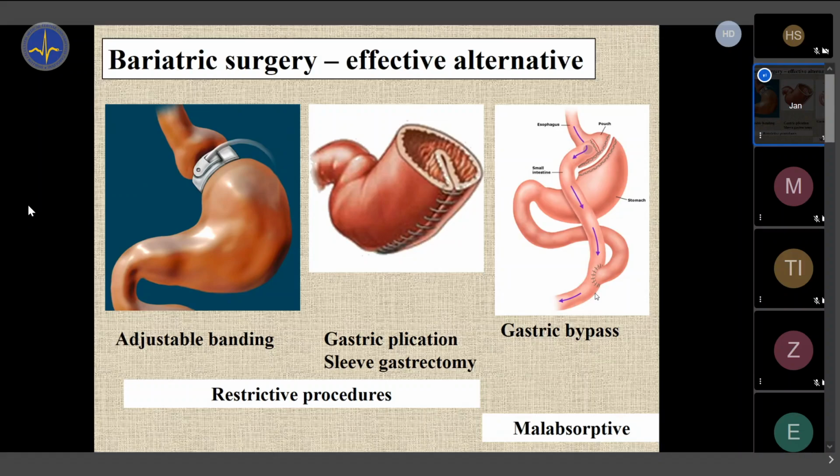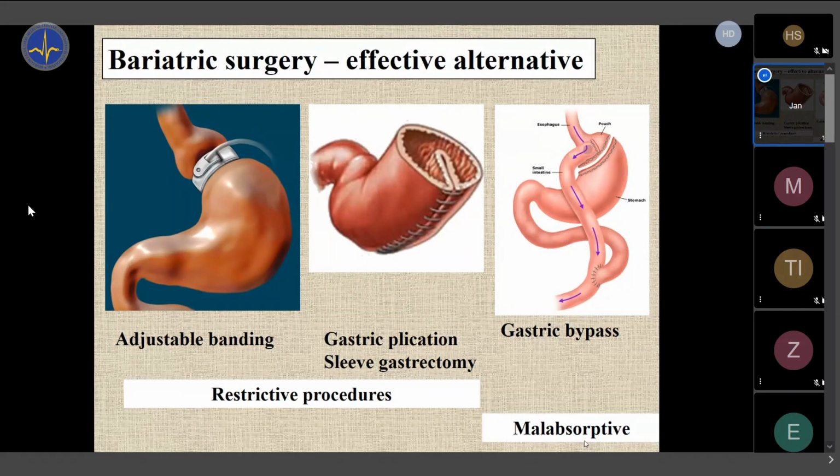So what we induce by this gastric bypass: we bypass the stomach and put the food directly into distal parts of the gut. What we do is a malabsorption. Of course, it needs to be done in a regulated manner so that we don't induce dangerous malabsorption. But the idea is to induce malabsorption and this way induce weight loss for an extended period of time. So we have restrictive and malabsorptive approaches.